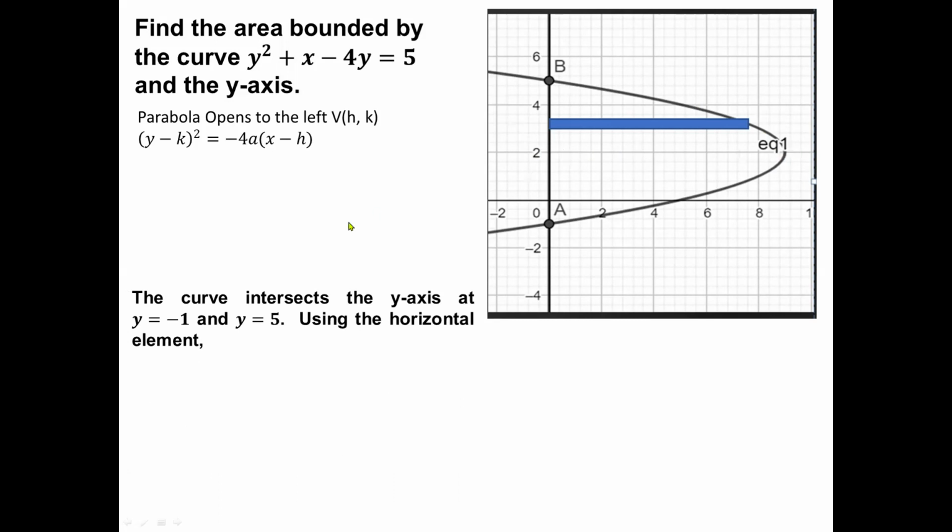Okay. Now, the curve intersects the y-axis at y is equal to negative 1 and y is equal to 5 using the horizontal element. Okay. So, paano nahanap yung negative 1 and 5? The curve intersects the y-axis at y equals negative 1 and y equals 5 using the horizontal element. Actually kasi,